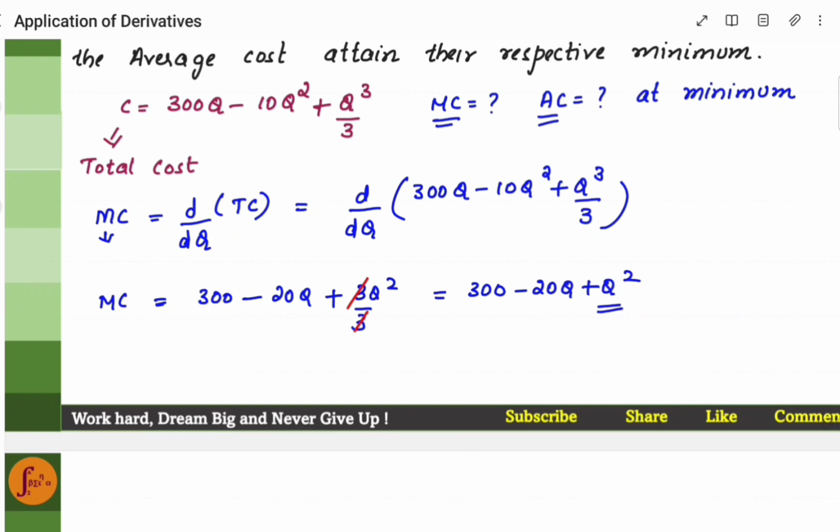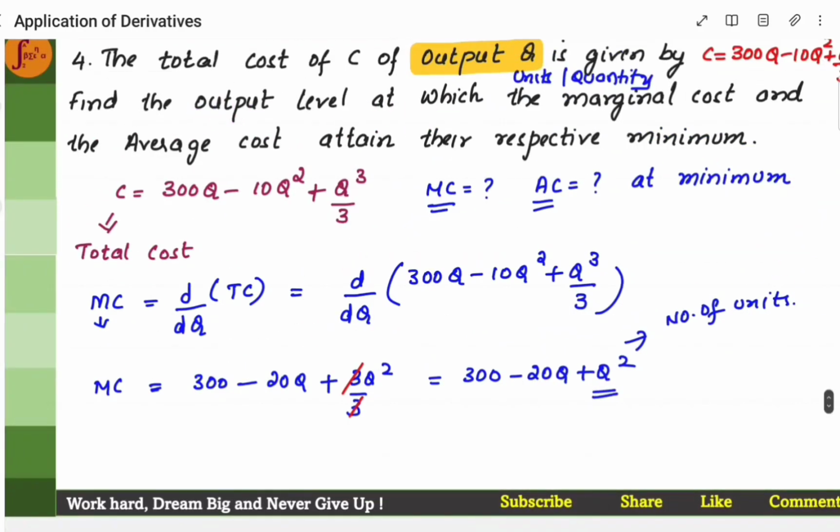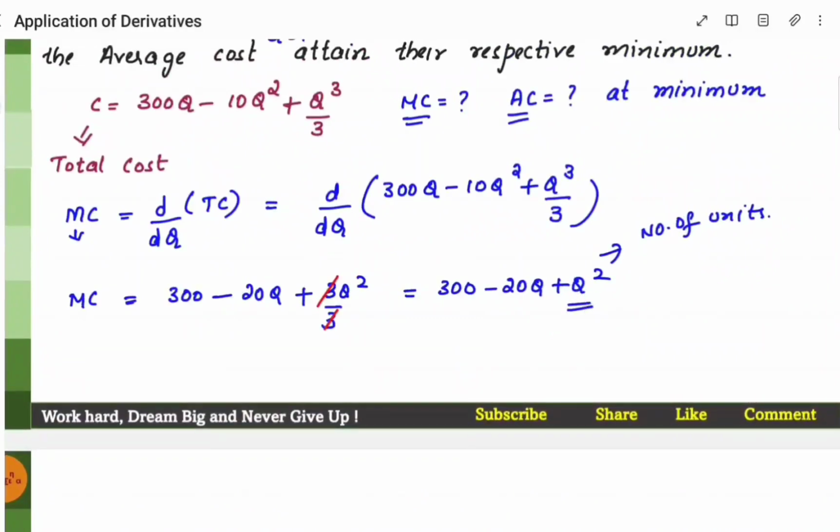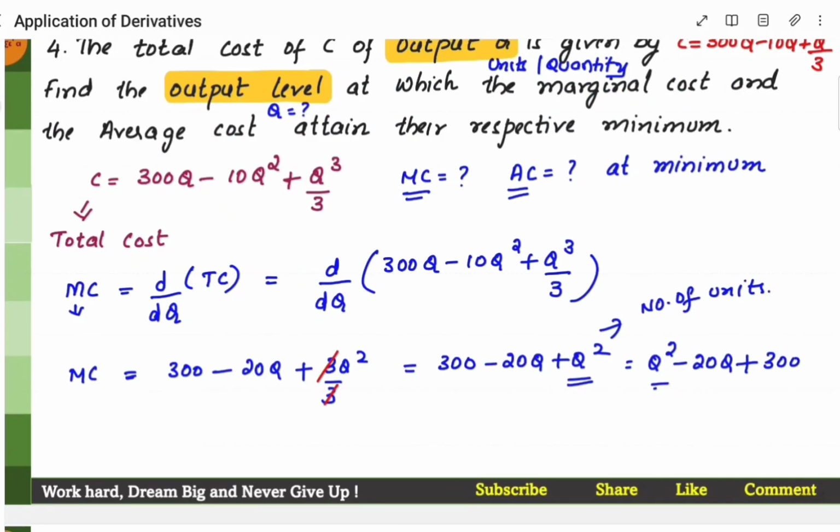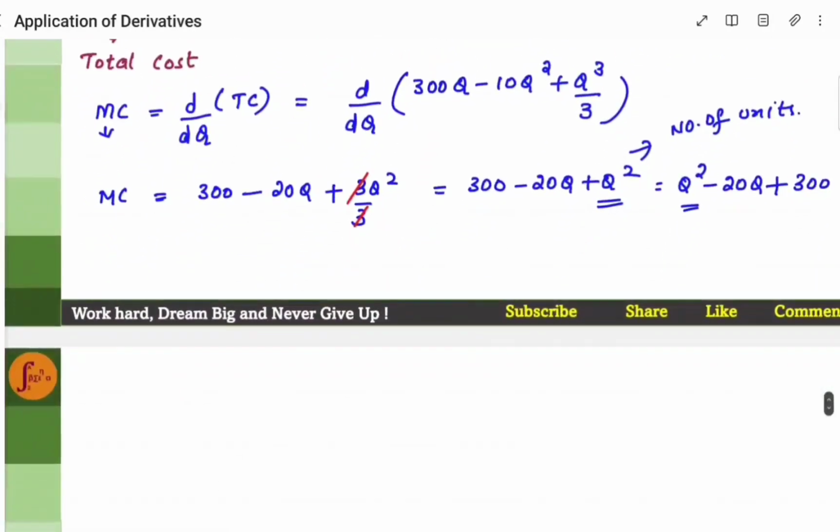Now let's find out q. What is q? Q is number of units. And that is what we need to find, right? We need to find the output level. That means we'll have to find q. Output level means q we'll have to find. We'll have to find the value of q. So I'll write this as q square minus 20q plus 300. So remember one thing. Here we have to find marginal cost at minimum. We need to find marginal cost at minimum. That means we have to differentiate marginal cost. Marginal cost at minimum